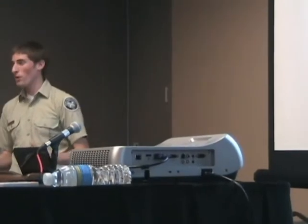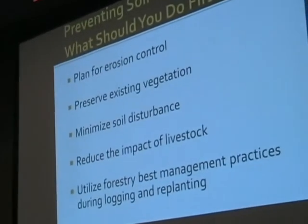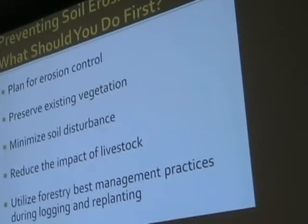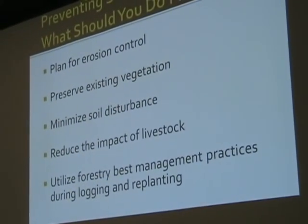So I just want to go over really quickly some of the guidelines that we developed for the short term. Okay, these are the things that we can do to try and help from causing any further soil erosion issues to occur. So the first one is plan for soil